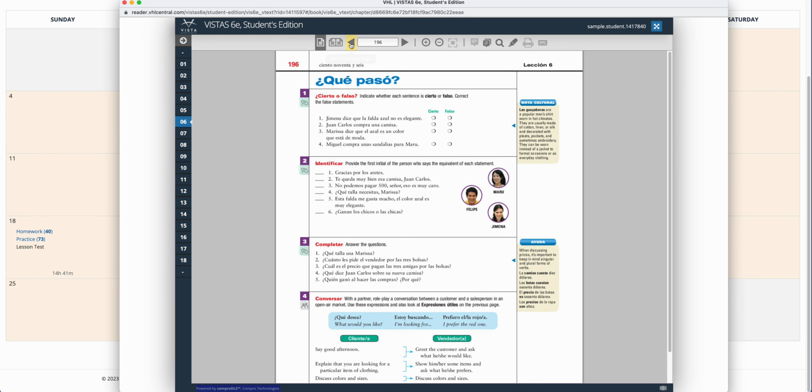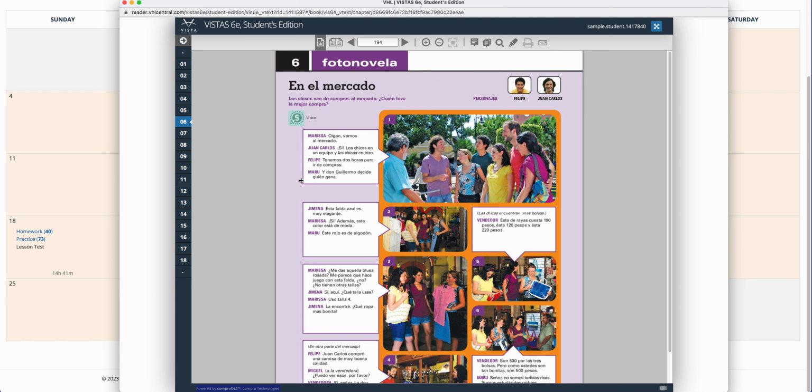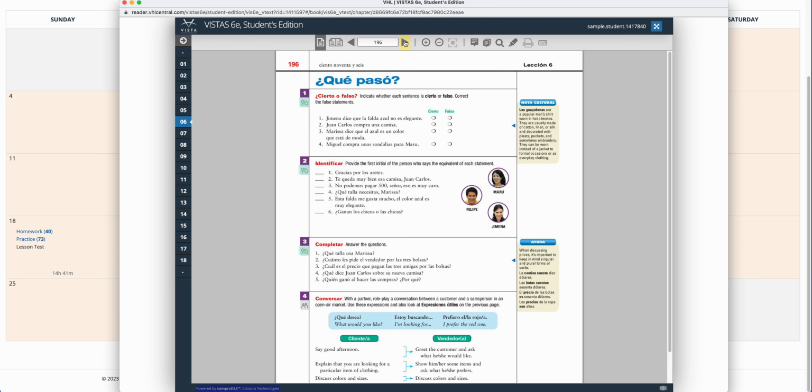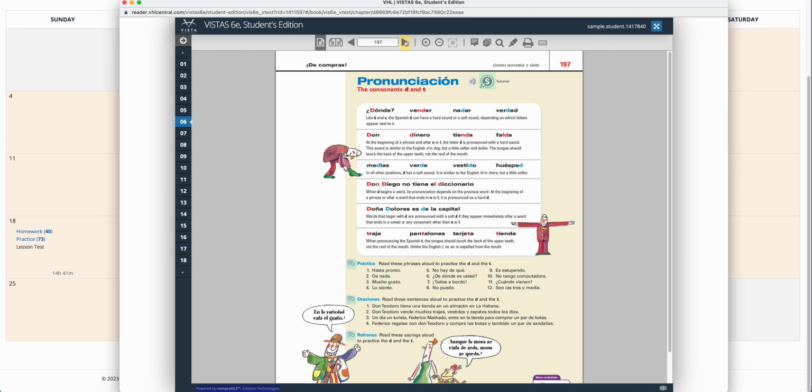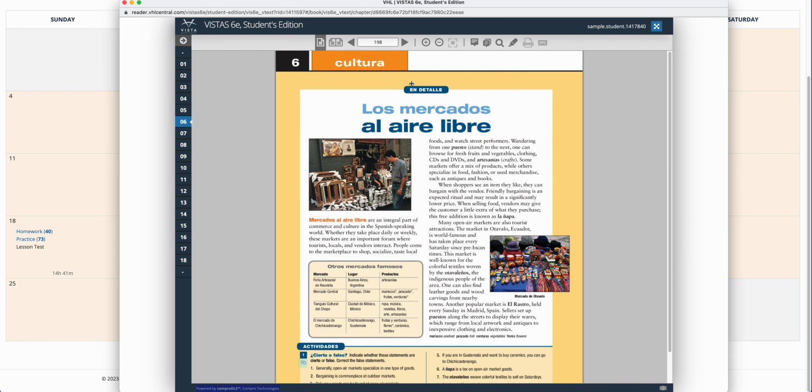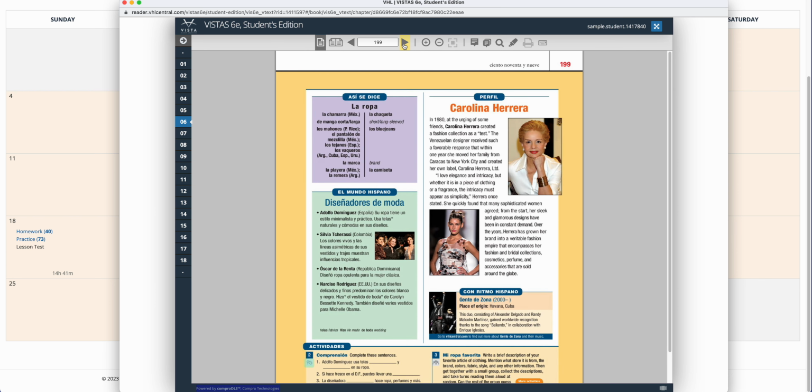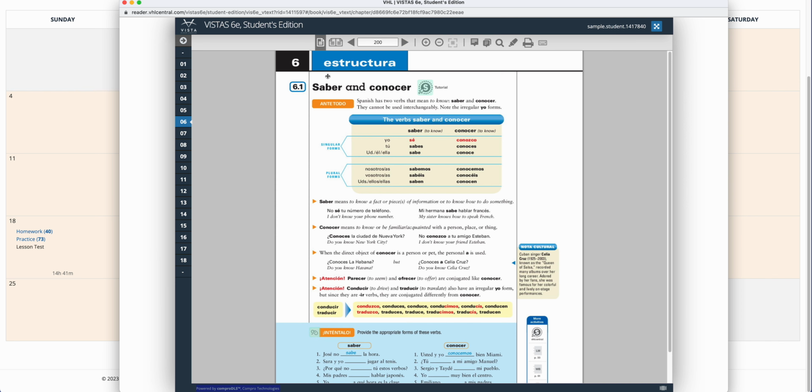And to watch the fotonovela, let me go back over there. It's here, right? Click on it, it'll show it. All right. And keep going. And then there's some pronunciation practice. And then you need to read this. There's sometimes questions on the test about the readings, and if you read them, you'll know. You don't have to memorize them. Okay. Next, and then we start the estructuras, which I talked about.